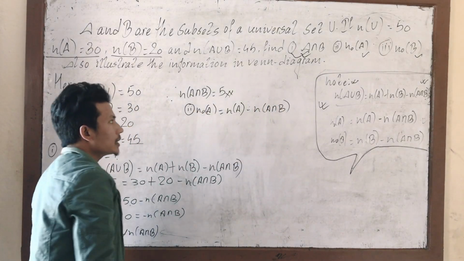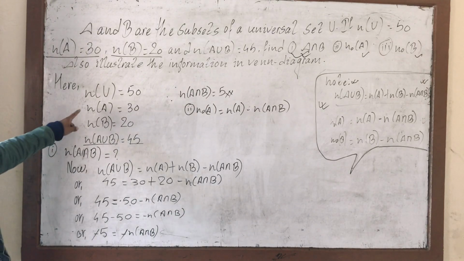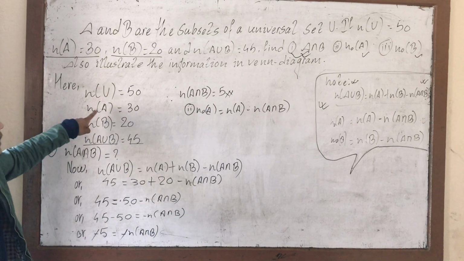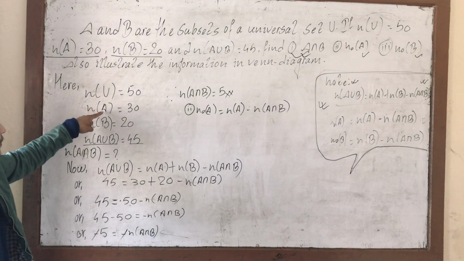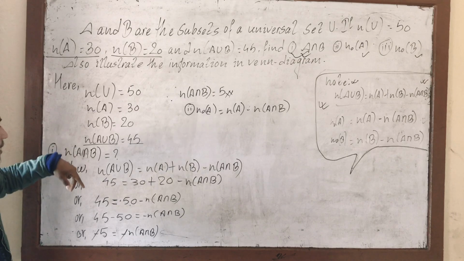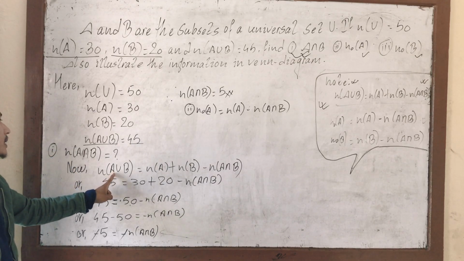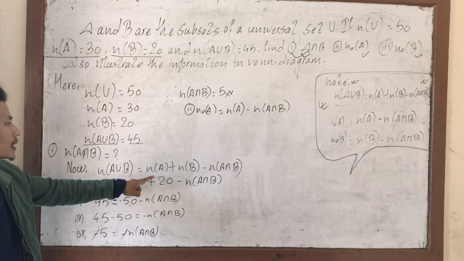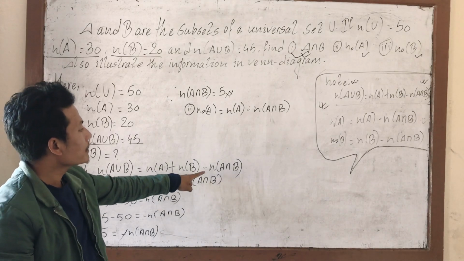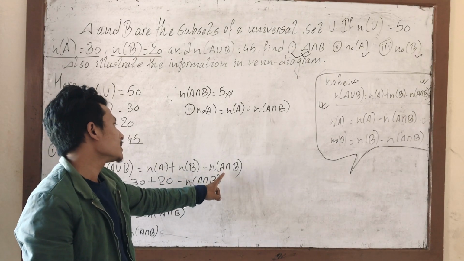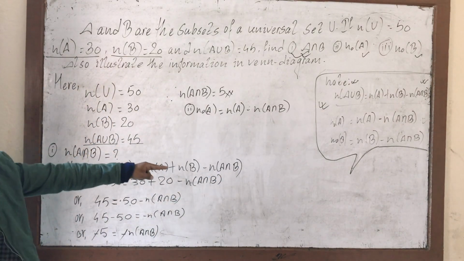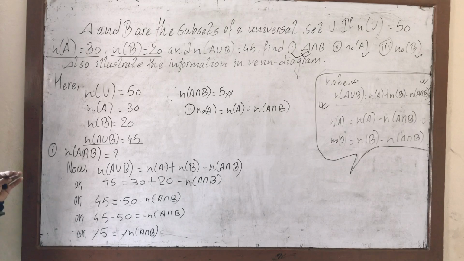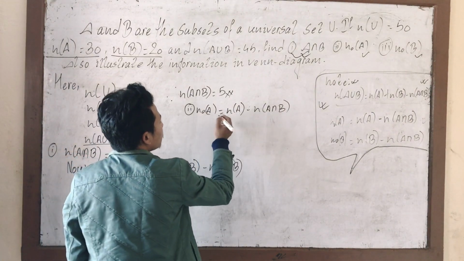Now it's not necessary that it is always A and B. Sometimes the questions may give number of B in place of number of A, or number of C in place of number of B. So if there is number of C and D, we'll be using here number of C union D, number of C plus number of D minus number of C intersection D. So whatever alphabets the question gives us, it will be those, but the sign and the rest are the same thing. Okay. So let me find out the number of A only.